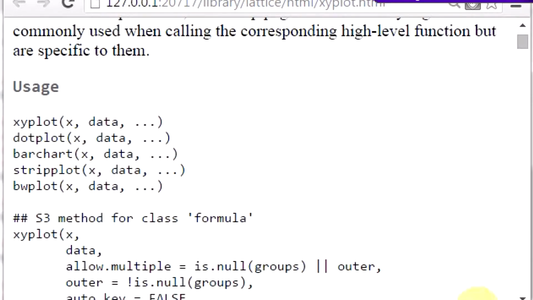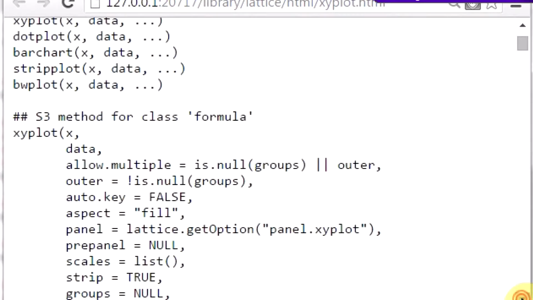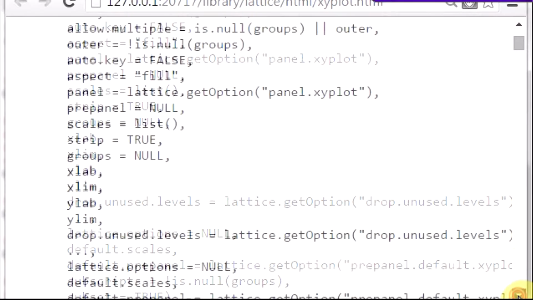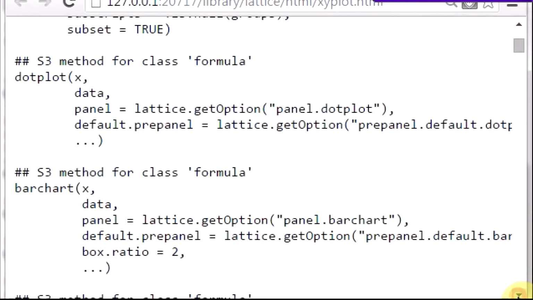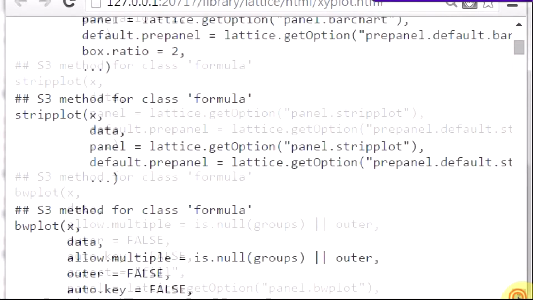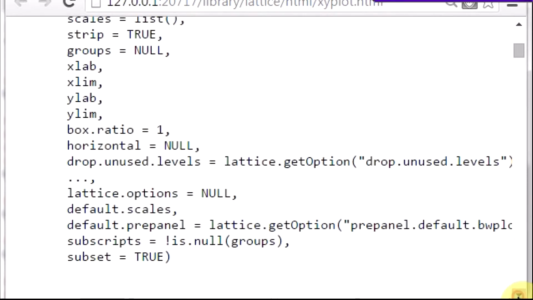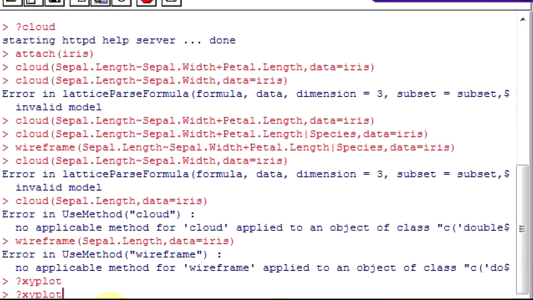So we'll do all of this. Then we need a formula here, right? So let's do XY plot here.